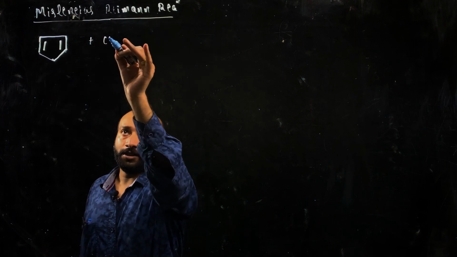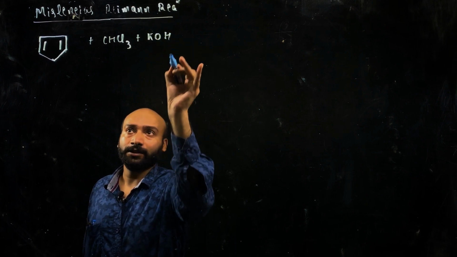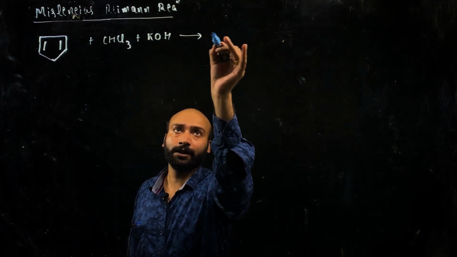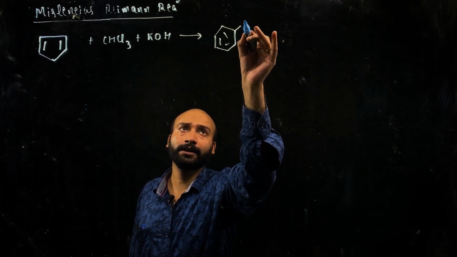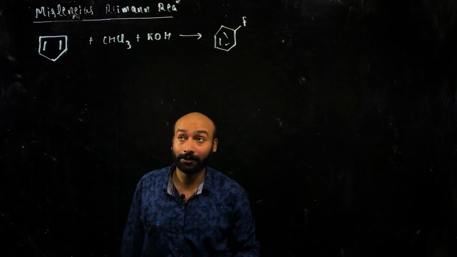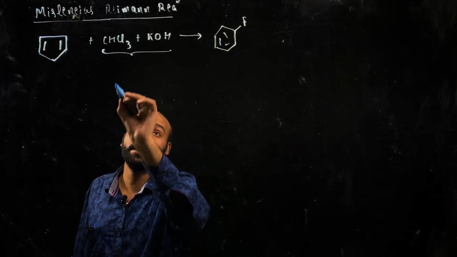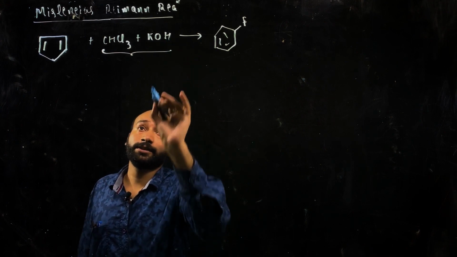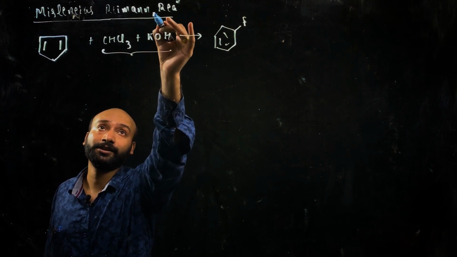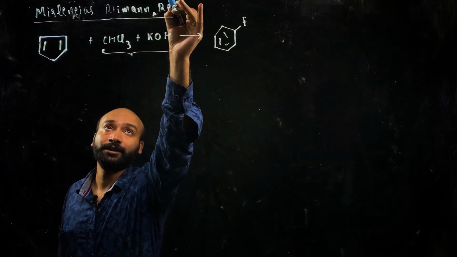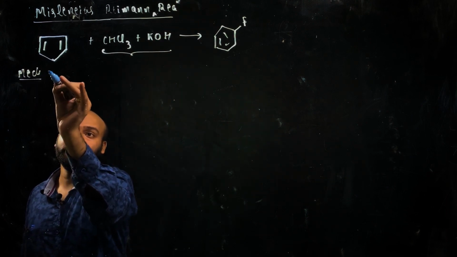This reaction is performed with chloroform in the presence of a strong base. In this reaction, the product formed is chlorobenzene. Everyone is astonished how this reaction is performed: the same reagent, the same KOH base, and the reaction is the Reimer Tiemann reaction. So the mechanism of this reaction, in the first step,